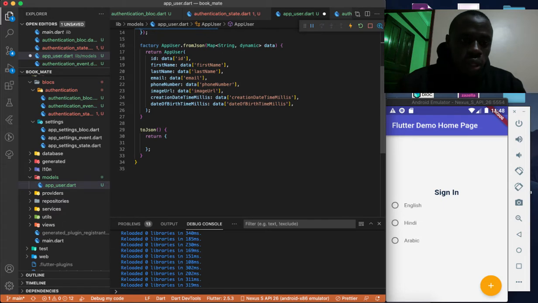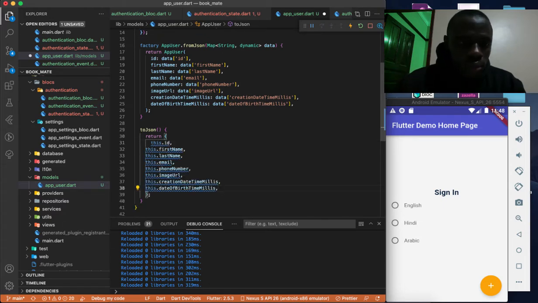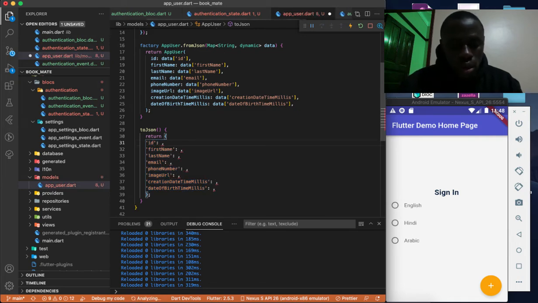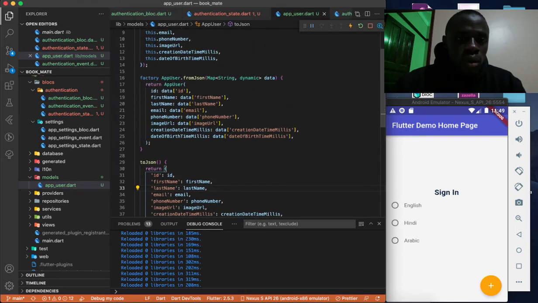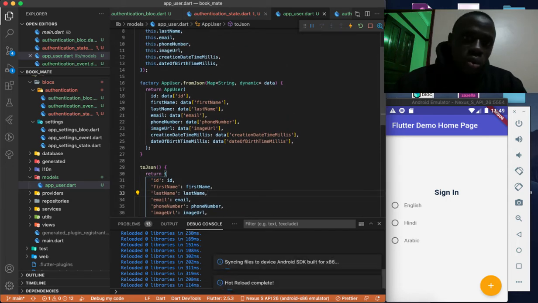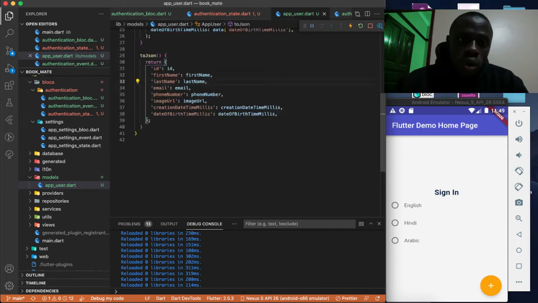So we are going to copy that and bring it here, and we are going to remove the this keyword, put this in the form of a string. First copy it, put that in a string format, and add the necessary append. Okay, give them the necessary variables that match. So that's it generally. So now we can go back to our authentication state,